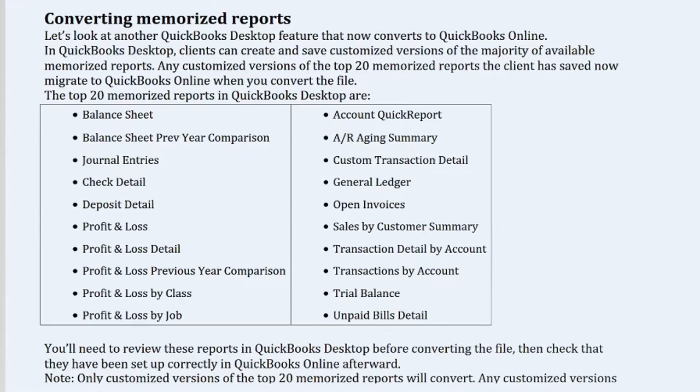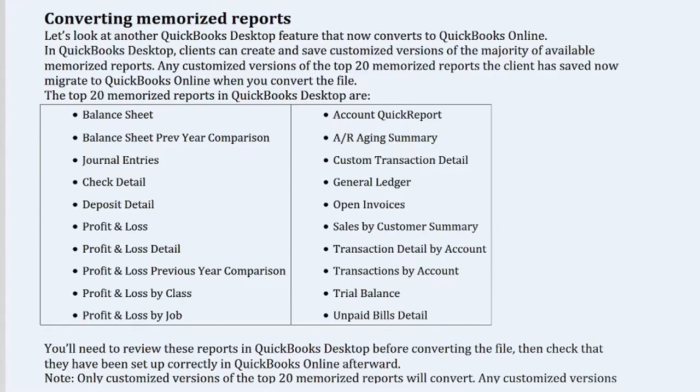clients can create and save customized versions of the majority of available memorized reports. Any customized versions of the top 20 memorized reports the client has saved now migrate to QuickBooks Online when you convert the file. The top 20 memorized reports in QuickBooks Desktop are: Balance Sheet, Balance Sheet Previous Year Comparison, Journal